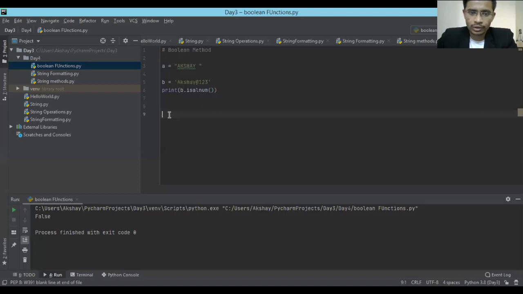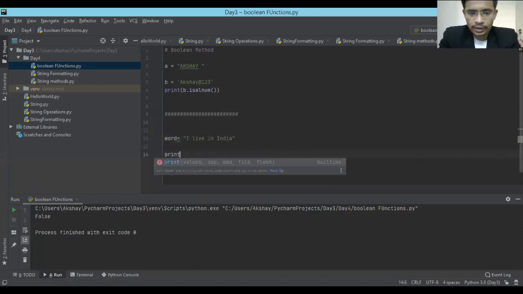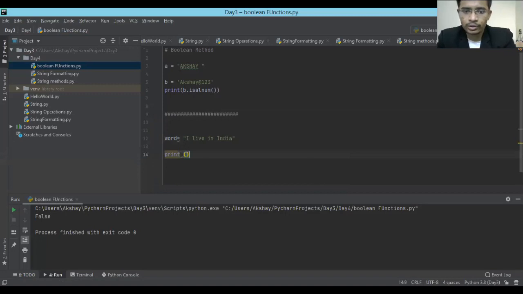Okay, so here we go. For this I'm going to use the same thing again. Suppose I have a word equal to 'I live in India'. From here, if I want to check whether there is an I present in this word, there are three I's.